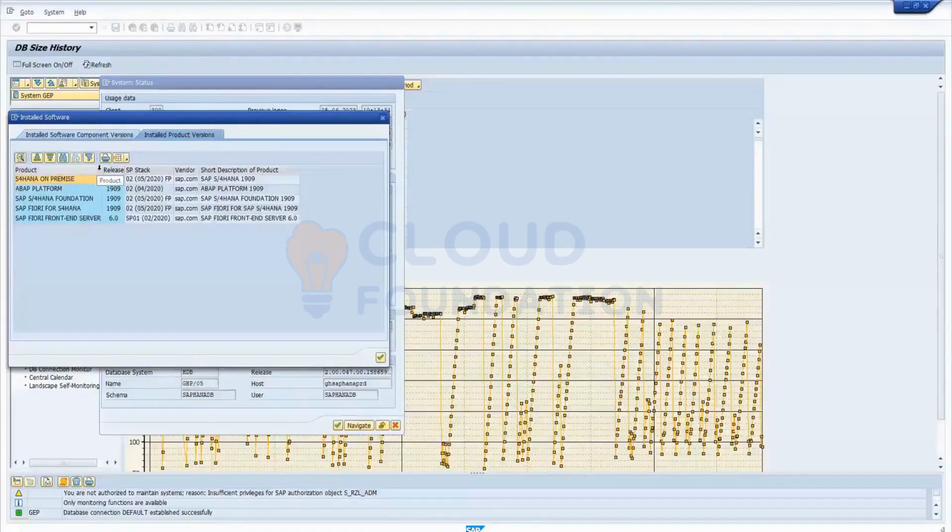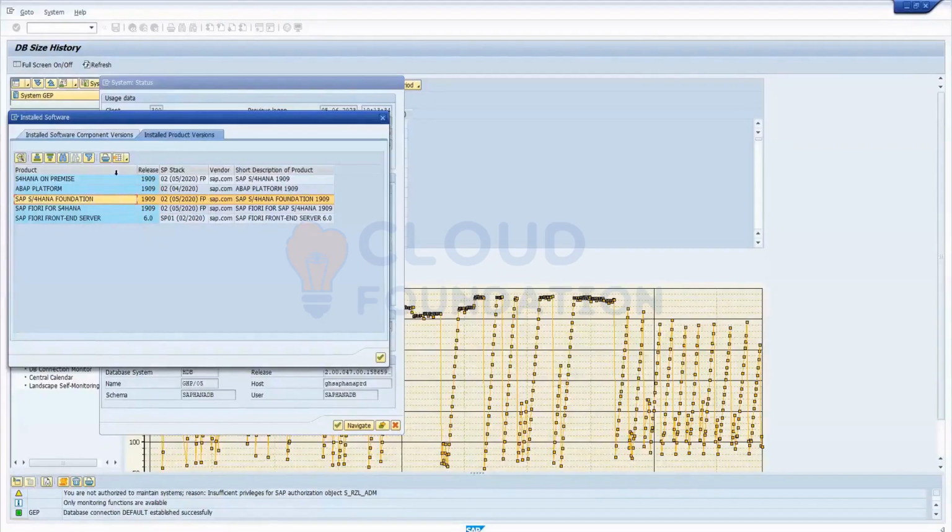SAP product version. Then you can see the installed software components. You have SAP HANA Foundation. You have only Foundation. Foundation means basic things.